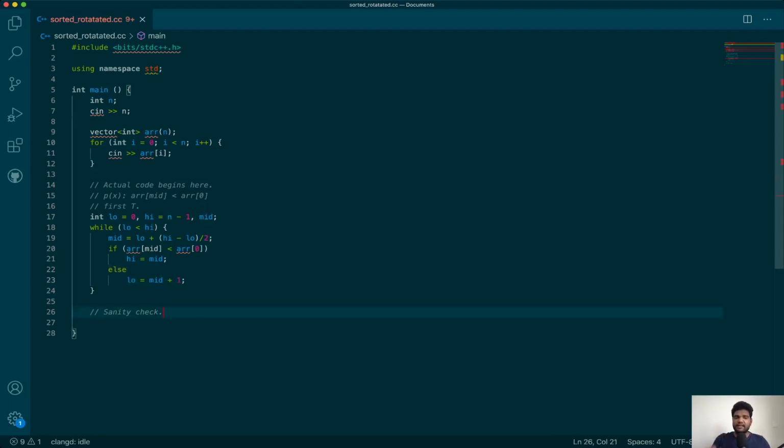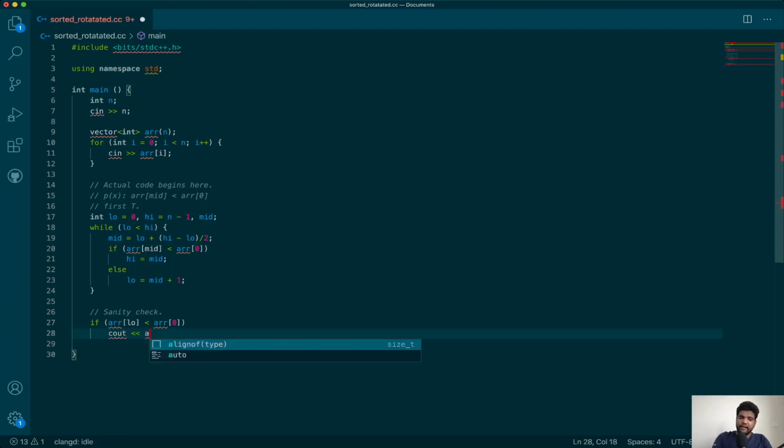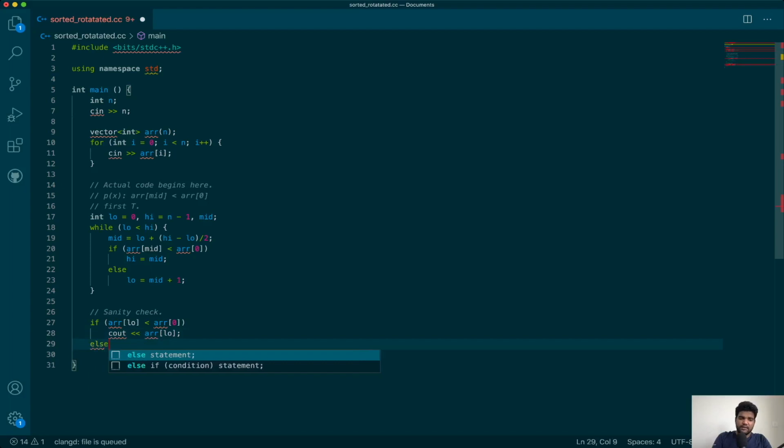So that is our sanity check. What we will do is we will simply check, is the element that we have gotten smaller than array of 0? If it is smaller than array of 0, then we are good, then this is the minimum. Otherwise we will say that this is a completely sorted array, so your minimum is array of 0.